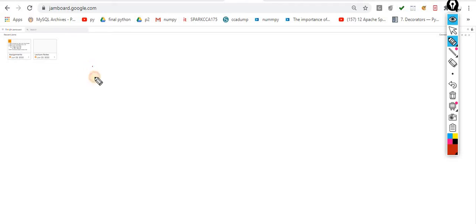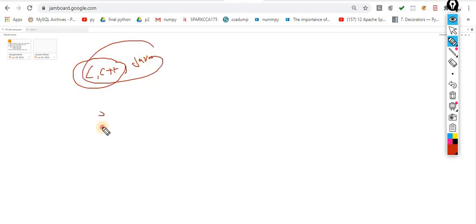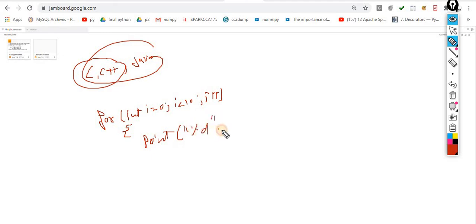If you are coming from a C++ background, or even a Java background, the syntax for the for loop is something like this: for (int i = 0; i <= 10; i++), then curly braces, then printf with %d and the variable name, let's suppose x.